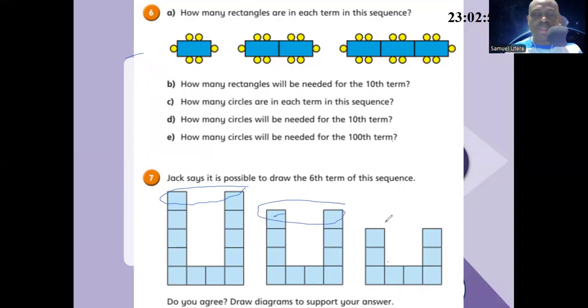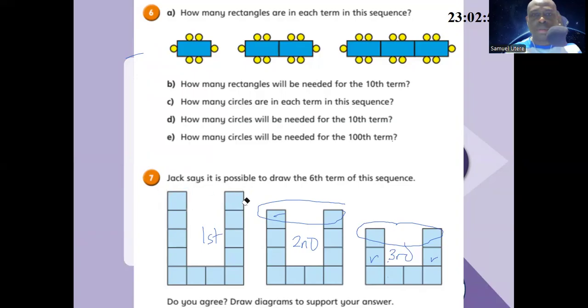So we're going after the sixth term. So you can see that that's the first term, second term, third term. So for the fourth term, you're going to have this one left. So by the time you draw the fifth term, this is not going to be there. You're just going to have this one. So you can see clearly,